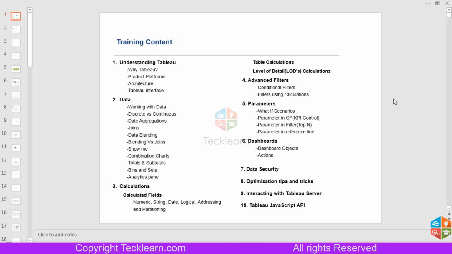So till now, over sections 1 to 5, we are going to have small bits and pieces of visual analytics, charts, or insights which we have created inside Tableau Desktop. Those we are going to collect inside section 6, and we are going to create a story out of those insights. Inside dashboards, we are going to create multiple dashboards so that you have a better understanding of how we can create a story inside the Tableau Desktop application.